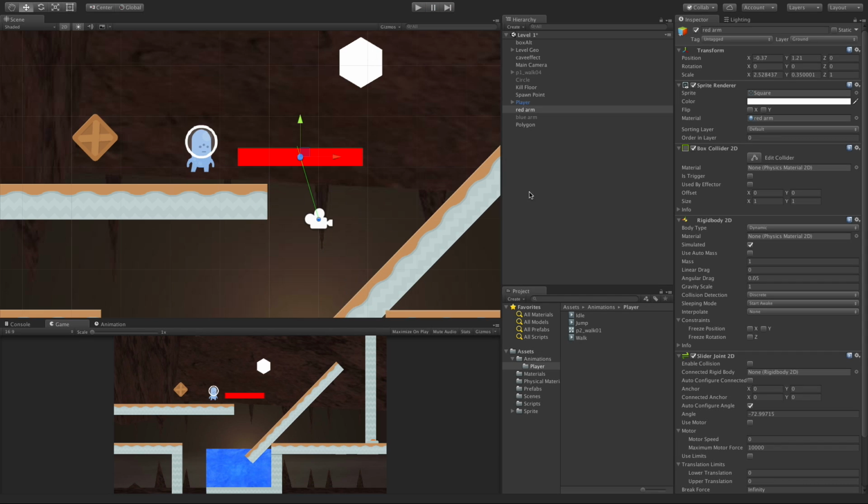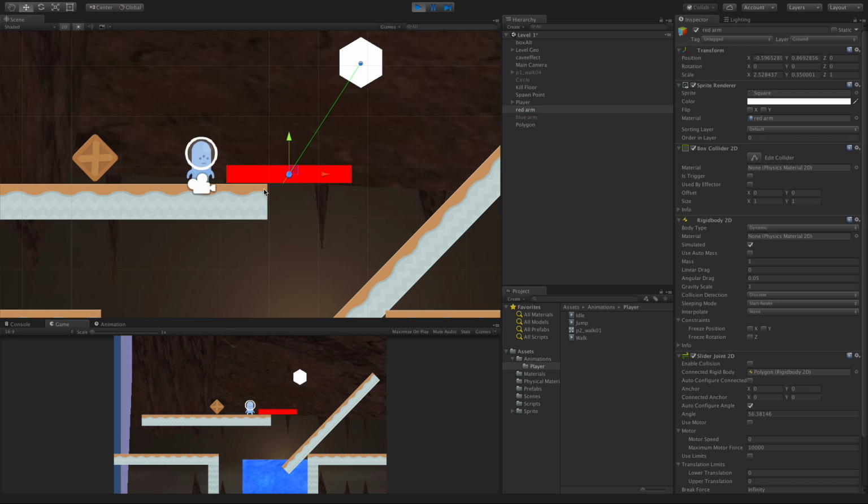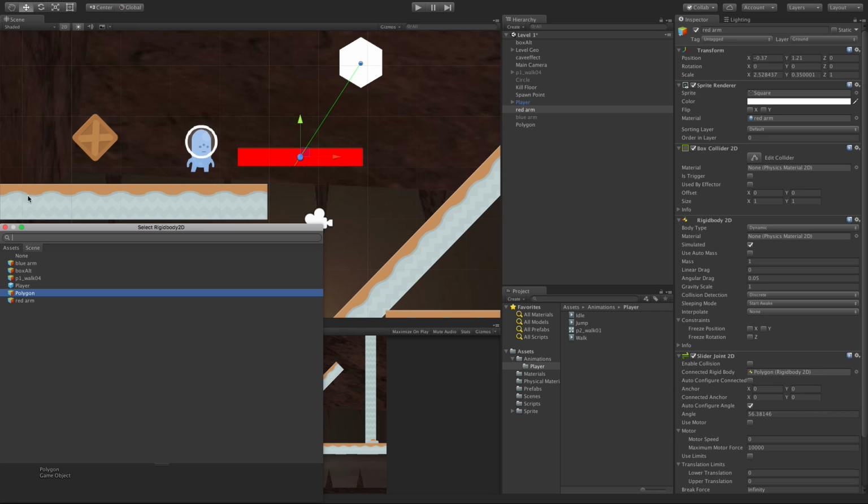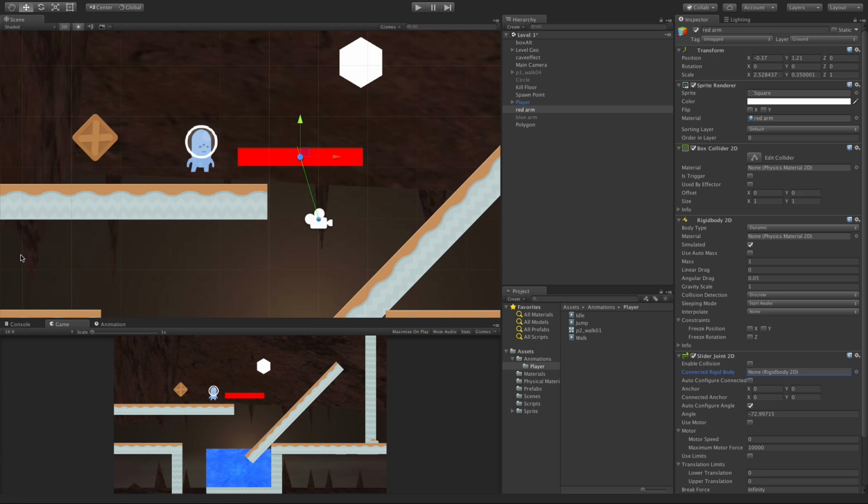Now that behavior changes when we connect it to a rigid body. I'm going to take this polygon, which has a rigid body on it. And now when I do it, it automatically collides as well, even without the enable collision checkbox checked. I'm going to get rid of the connection, and we'll come down to the next one, auto configure